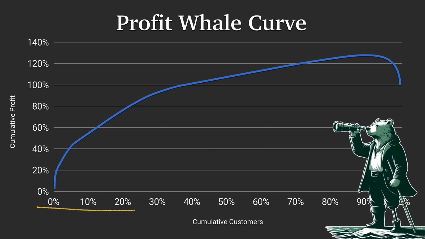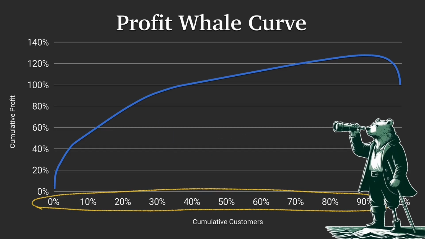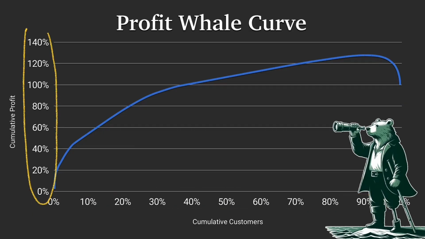Now, you'll notice that the x-axis here isn't the number of customers, but rather a percentage of customers. So that's just the number of customers at that point divided by the total number of customers. And next, you'll also notice that the y-axis here isn't in dollars like our table was. It certainly can be in dollars, and you'll get exactly the same curve. But in this case, I've plotted the dollars as a percentage of that bottom line total cumulative profit. So the curve would always hit 100% on this definitionally.